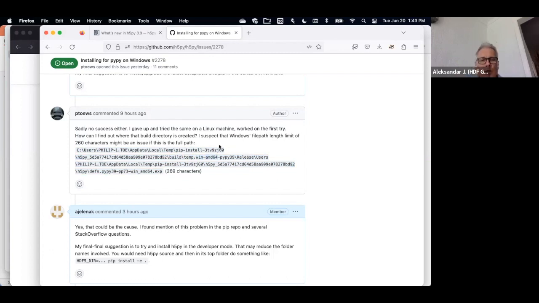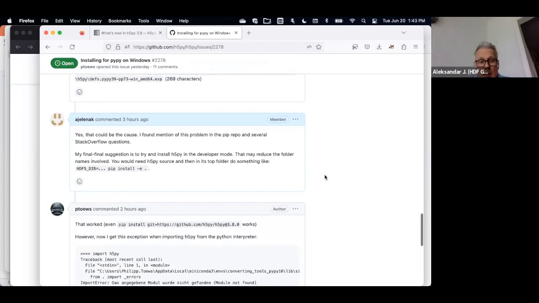Anyway, all these things unfortunately come to 269 characters, and apparently somewhere in Windows there's a 260 or something like that character limit on file names, and therefore this thing failed. And I Googled this morning, and it's actually a known problem on Windows and Python build tools that so far no one is fixing.